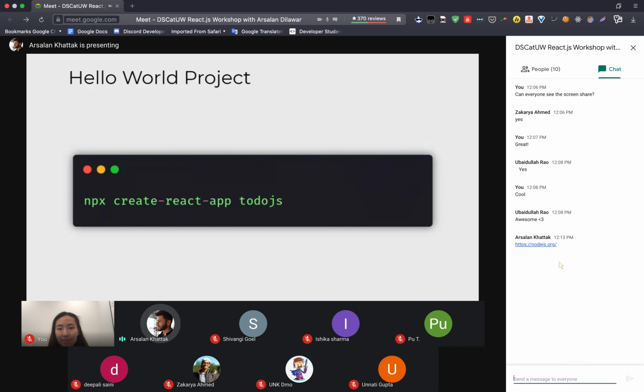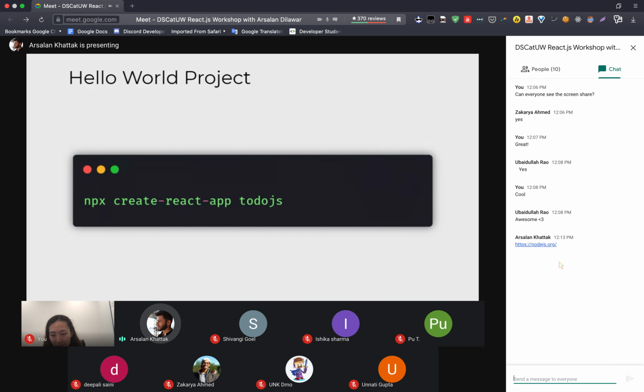npm is a package manager. It is like a library for all the amazing projects of JavaScript, where you can look up any project or any specific technology that you want to search for. For example, if you are working with dates and time in JavaScript and you don't want to create your own functions, you can just go to npm, search for some date related project, install that in your project, and then use it.